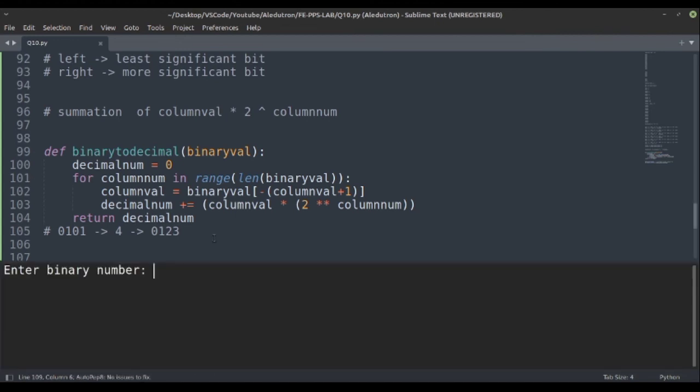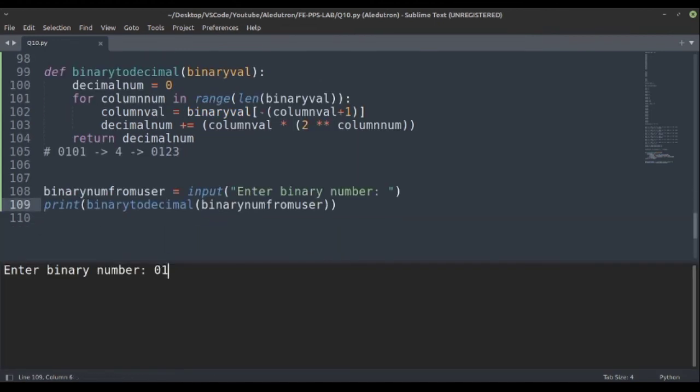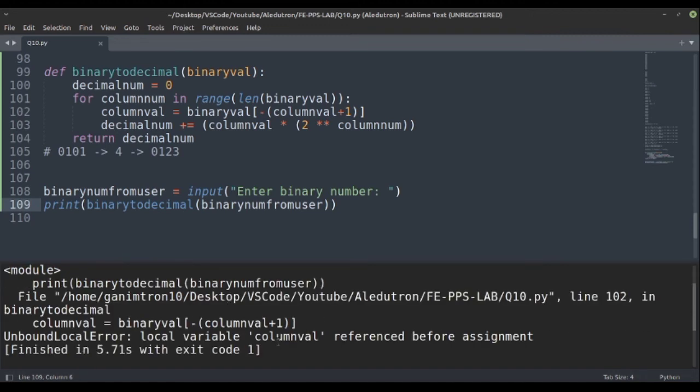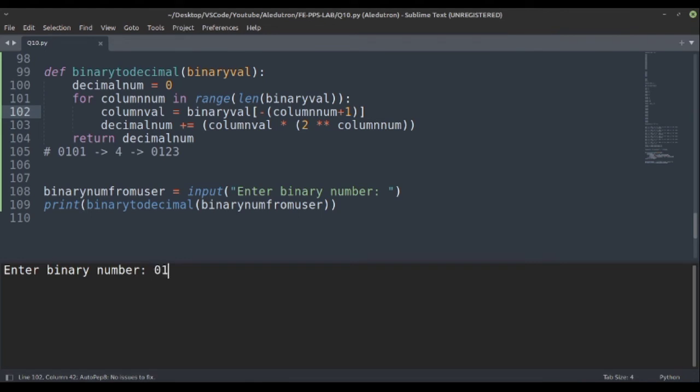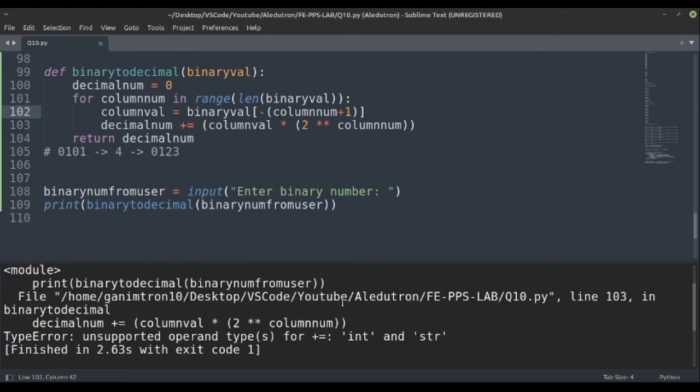It will basically ask the binary number. So let us give this same example. Here instead of column value we require column num. So let's just again run this, 0101. Again, operand type error for plus.